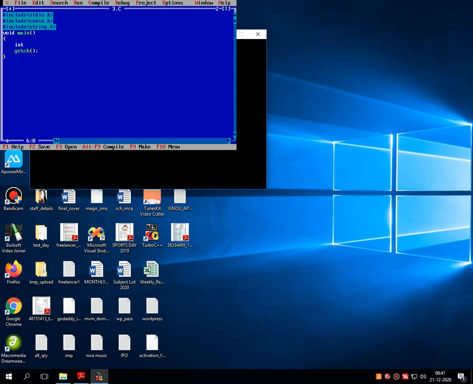Integer a into the bracket 10 and integer b into the bracket 10, printf, enter your first value, scanf,